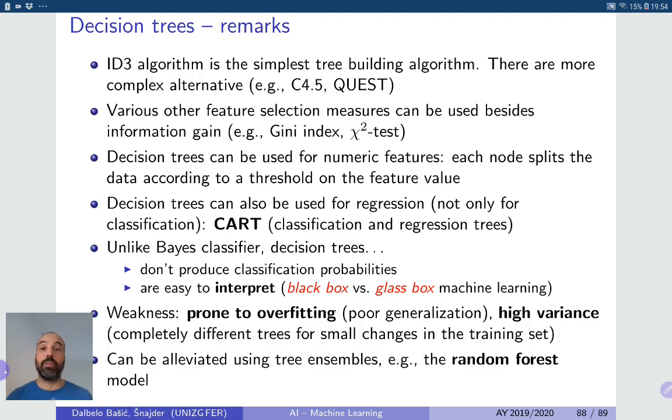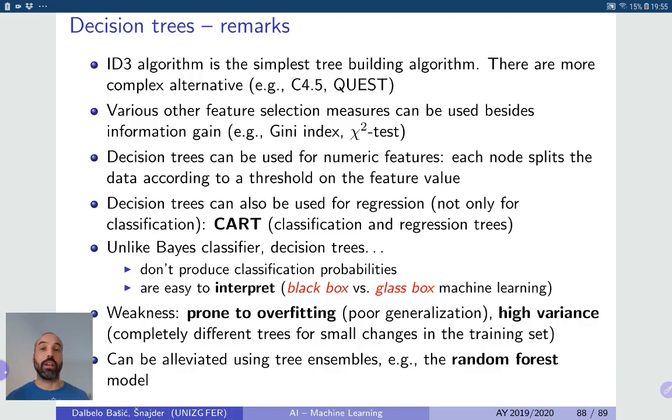And if you have a naive Bayes classifier or neural network, then the best thing you can say is, okay, your application got rejected because I was multiplying these probabilities, 0.7, 0.6, and this is what you get. Now, obviously, this is not a very satisfactory answer, and it's much better if you can explain to your clients the decisions of the model based on the tree or the rules that you can derive from